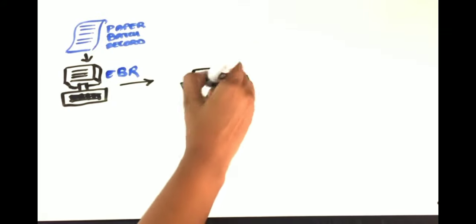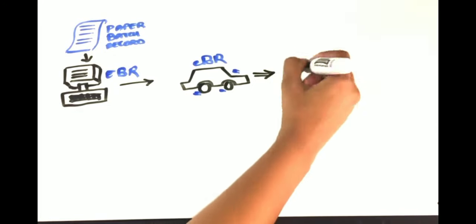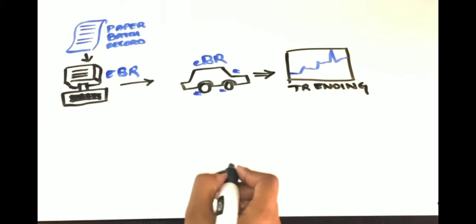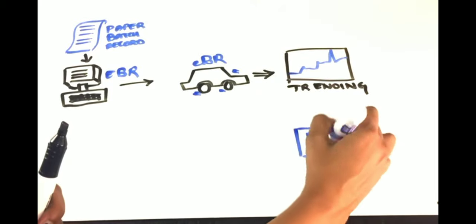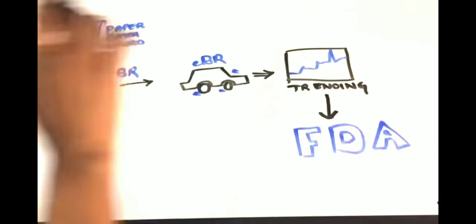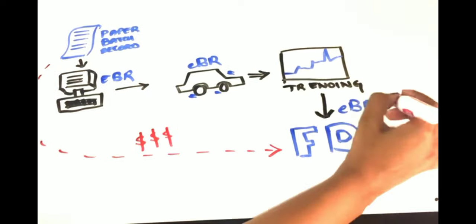In this particular example, we see how using electronic batch records in lieu of paper batch records speeds up the submission process to FDA and allows for trending in an analytical way. Another long-term benefit is that it's going to result in a lot of cost